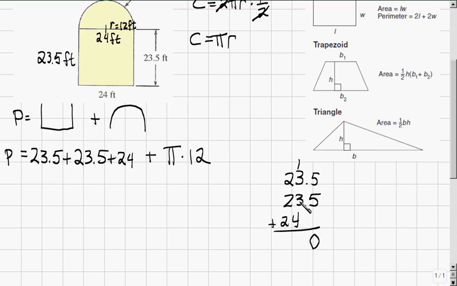4 plus 3 is 7. 7 plus 4 is 11. Carry the 1. 1 plus 2 is 3. 3 plus 2 is 5. 5 plus 2 is 7. And carrying our decimal point down, that adds up to 71.0, or 71. So the perimeter is 71